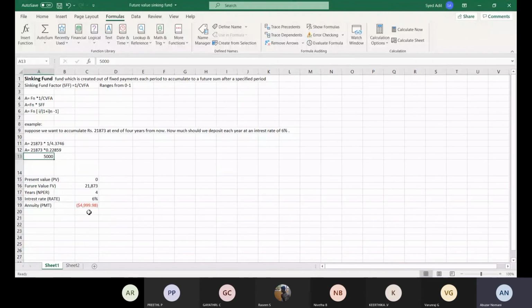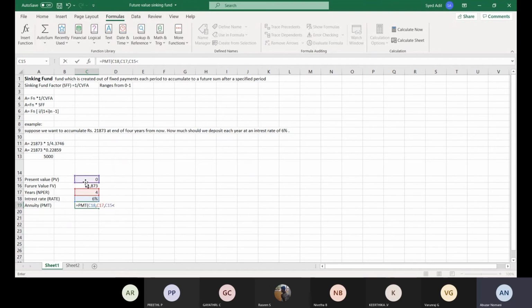So again, with the help of an example in the Excel sheet, we can compute the sinking fund with the PMT formula. How can we compute it with Excel? We write the PMT formula, brackets open, the rate. How much is the rate? 6%. We can find the 6% rate here. Then what is NPER? It means years. How many years are we going to invest? 4 years. We have selected it. Then the present value. How much is the present value here? 0 is the present value.